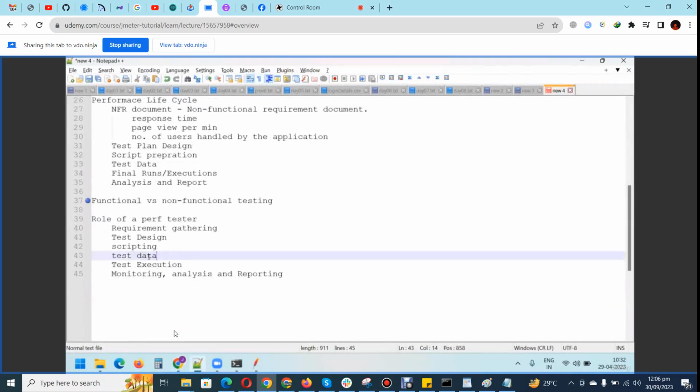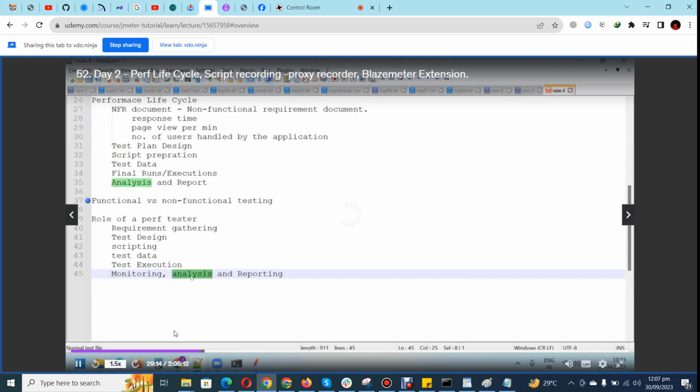So you have to be clear on the test data requirement, and it is your responsibility to cover all these test data related things. And then test execution, we call it run. So the final run you have to do, and then you have to do the monitoring, analysis, and reporting part. On this part, being a performance tester, you can do some high-level analysis, like: I did my test with this many users, the application was performing well, there was this percentage of errors, and overall the test was pass or fail. Such detail, because the deeper analysis part is a different area which comes under performance engineering. So being a performance tester, you are responsible for high-level analysis, but when it comes to the